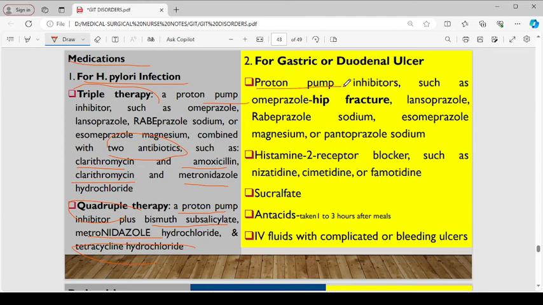So apart from the PPIs, we also have the histamine 2 receptor blockers, right? Such as nizatidine, cimetidine, and famotidine. We could also have sucralfate or antacids, and IV fluids in complicated ulcers or GI bleeding. Okay, remember antacids have to be taken 1 or 2 to 3 hours after meals to avoid drug-drug